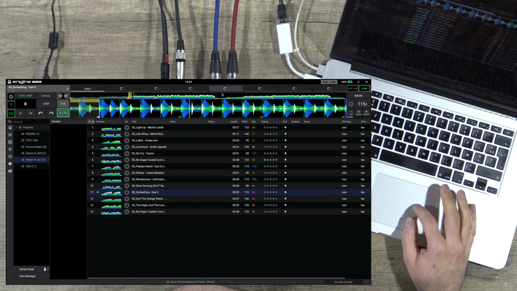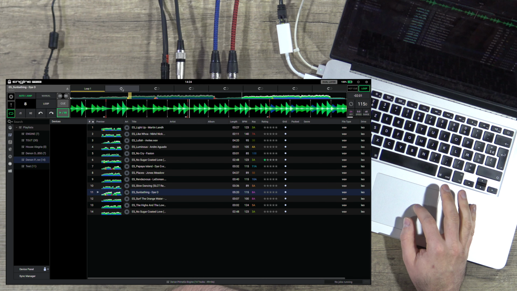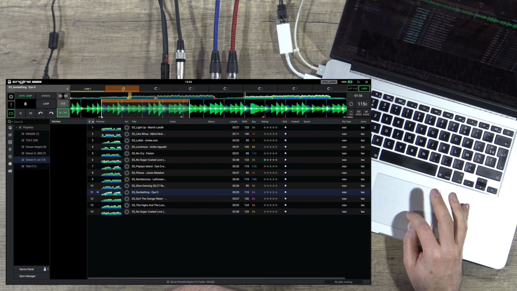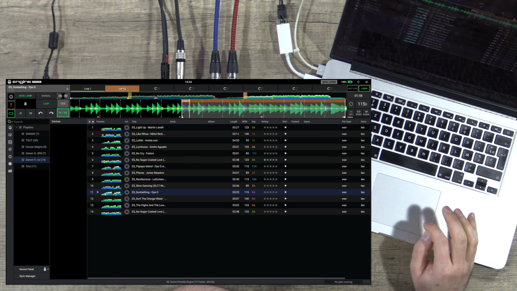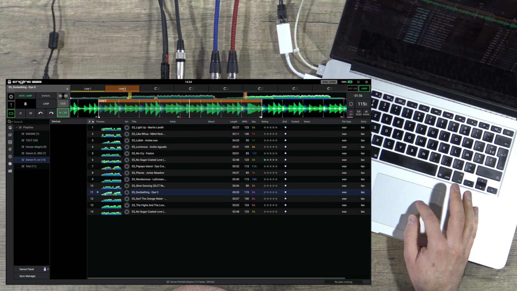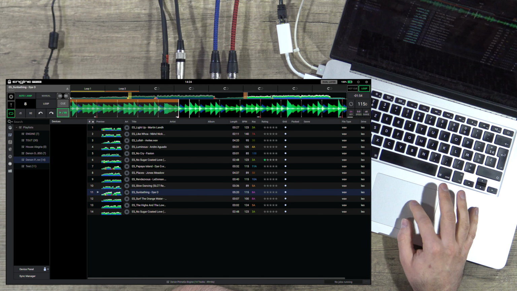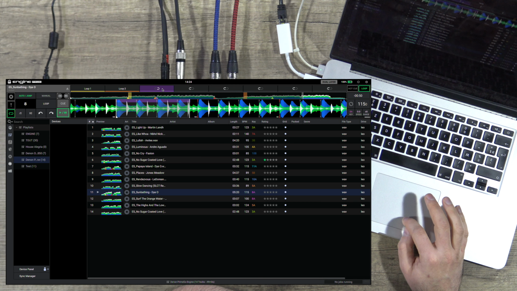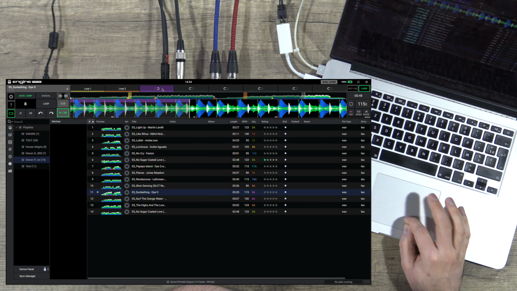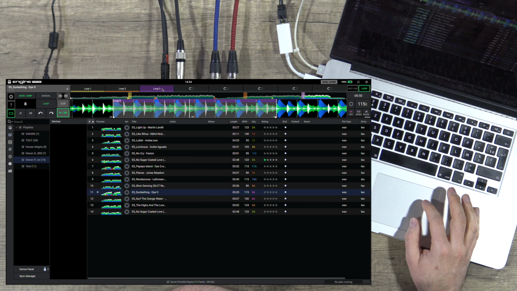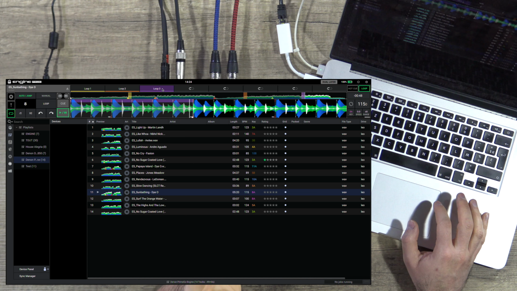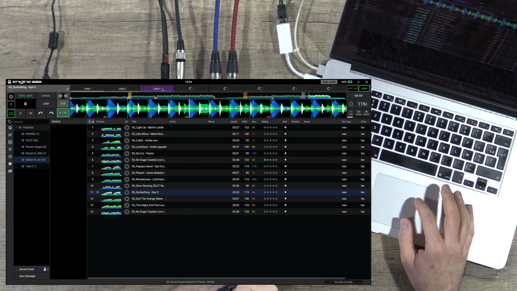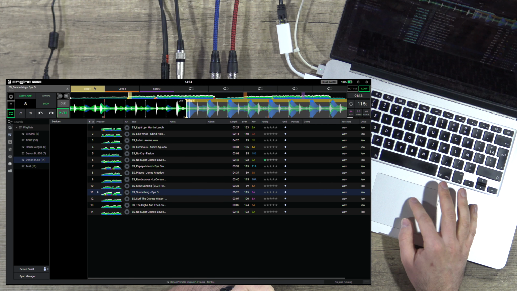Let's put another one, for example, on the break. This one, exit, and maybe another drop here. I put 8 beats for the loop, but you can put 16, 4, 2, like you want. So I have 3 loops here,